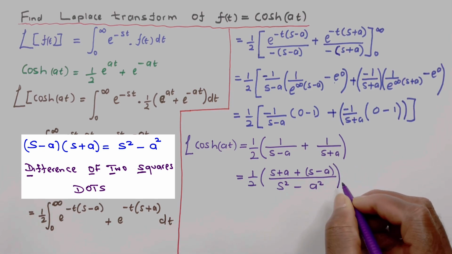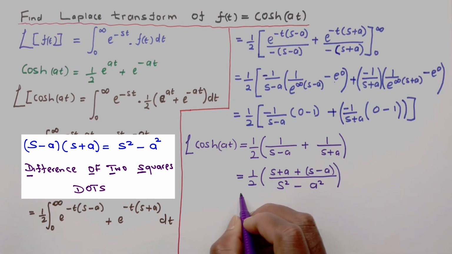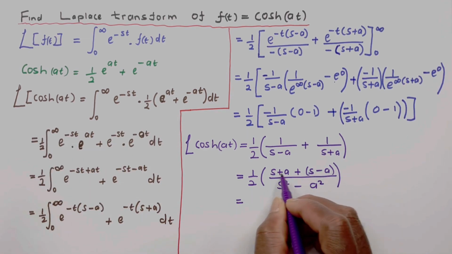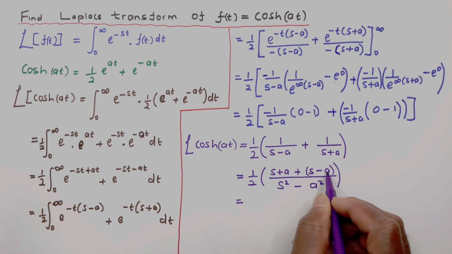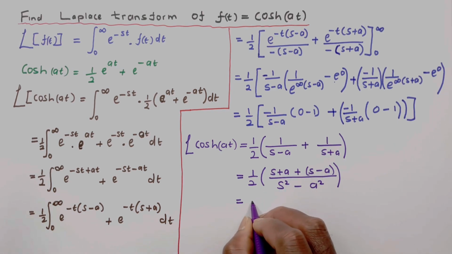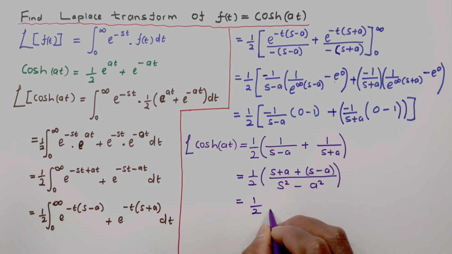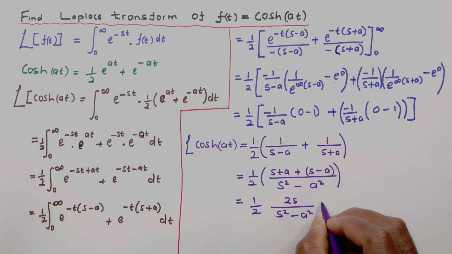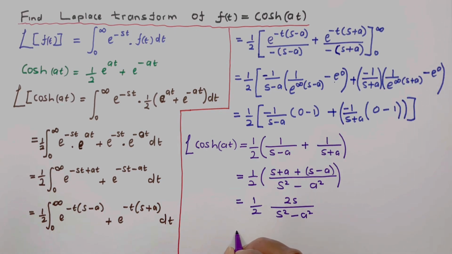Then we can simplify that. So a half, s plus s will be 2s, the a minus a cancel out, so a half 2s over s squared minus a squared, and the 2 cancel out, so we get s